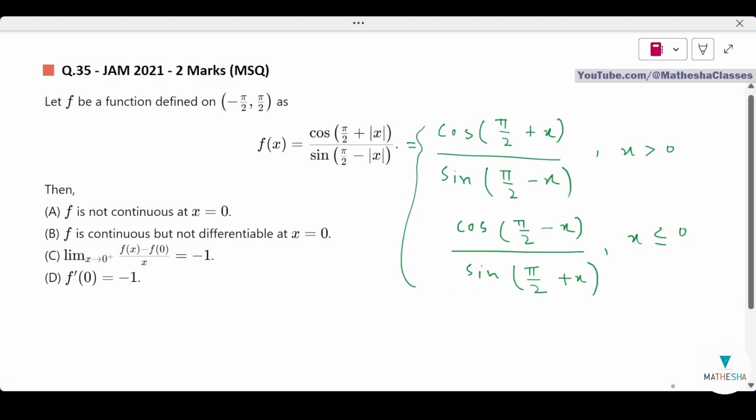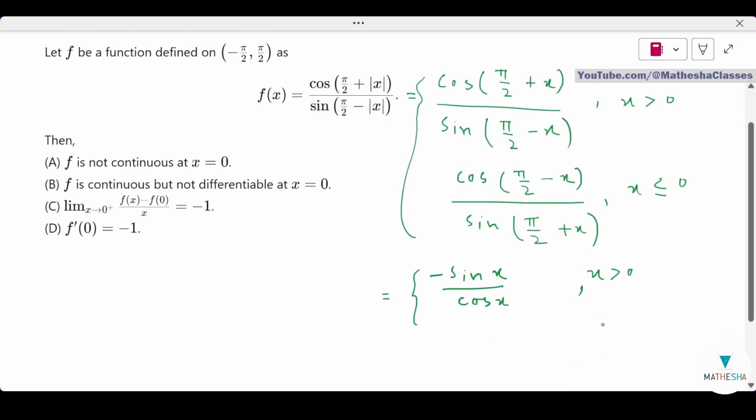So this is the expression of f(x) when we are removing modulus. So let us simplify this a bit. When x is greater than 0, it is cos of (pi by 2 plus x) upon sin of (pi by 2 minus x). Now cos of (pi by 2 plus x) is minus sin x, upon cos x,